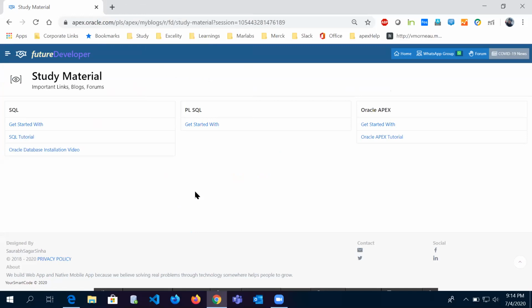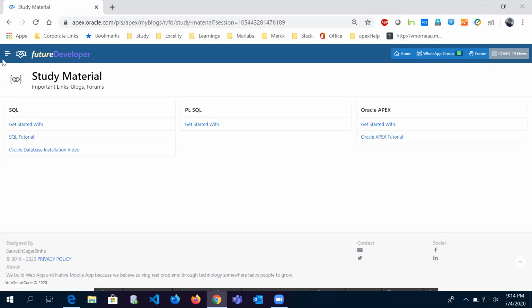So the basic requirement to learn Oracle Apex is SQL and PLSQL. I'm assuming that you are familiar with them, so I'm going to start with Oracle Apex. If you don't know SQL and PLSQL, please gain that knowledge first, then we will start with this Oracle Apex tutorial.